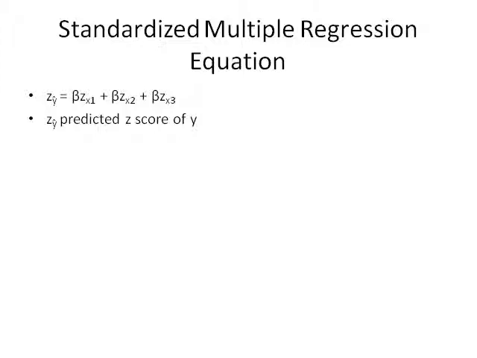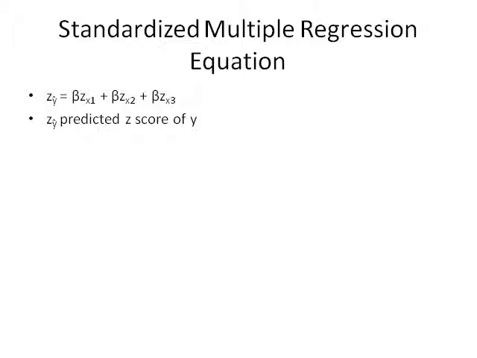to zy hat is equal to beta times the z-score for predictor 1 and beta times the z-score for predictor 2 and so forth. In this formula, zy hat is the predicted z-score on y, and the regression line once again connects all the predicted z-scores for y when we use z-scores for each of the predictors to make our